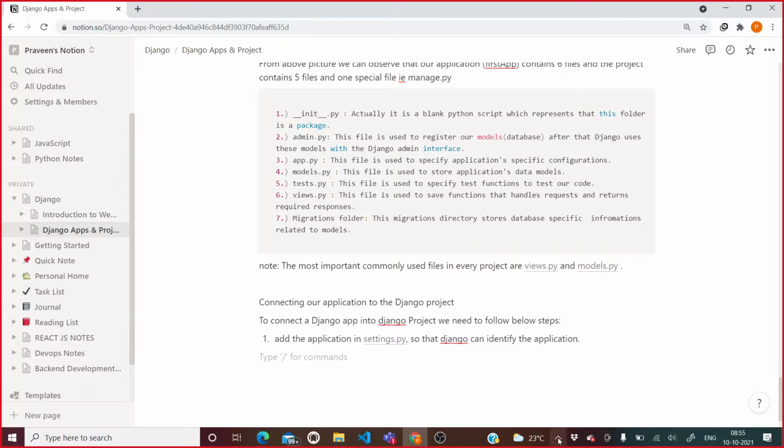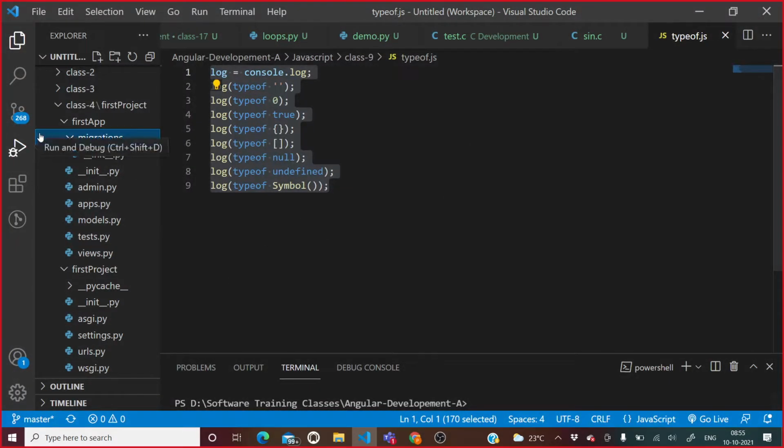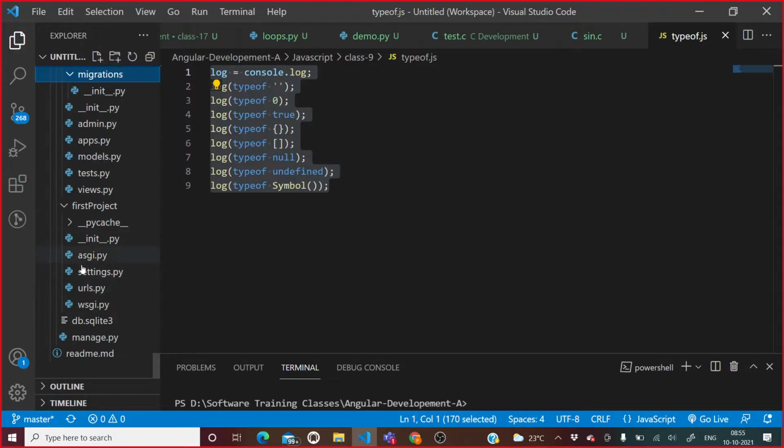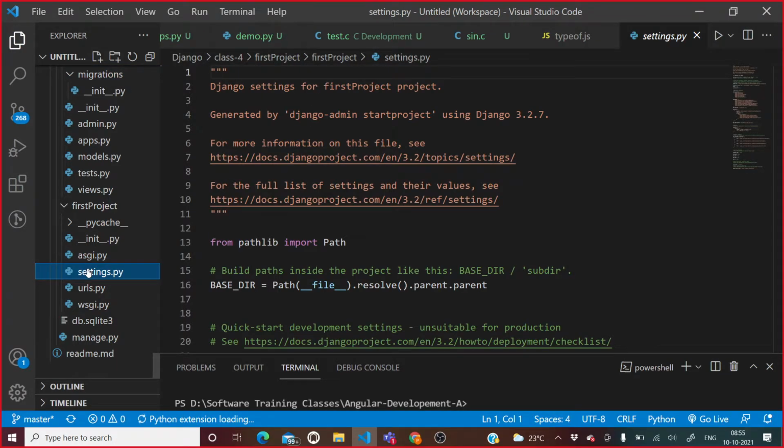Let us go to our particular folder. It is class 4, our project, and in the project there is a settings.py file, correct? Here you need to add the application.